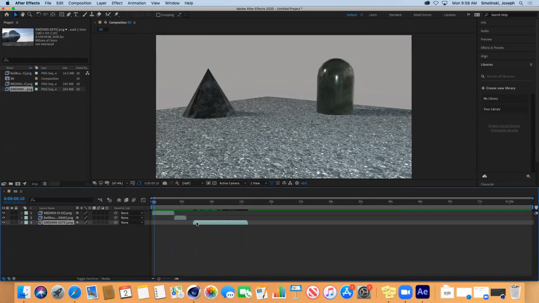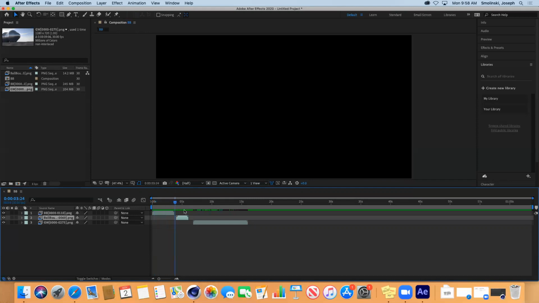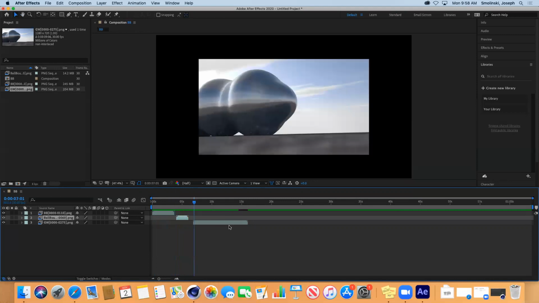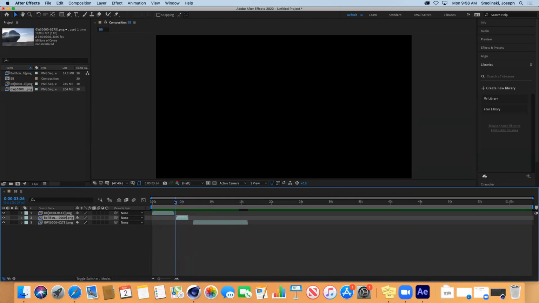One thing that's really great about working with the image sequences is you can bring in individual images as well. So let's say this one in the middle here, it's really short and it goes away way too fast, right? So what I might want to do with this is actually import a still to have it start and stop on, right? So for example, what I can do is